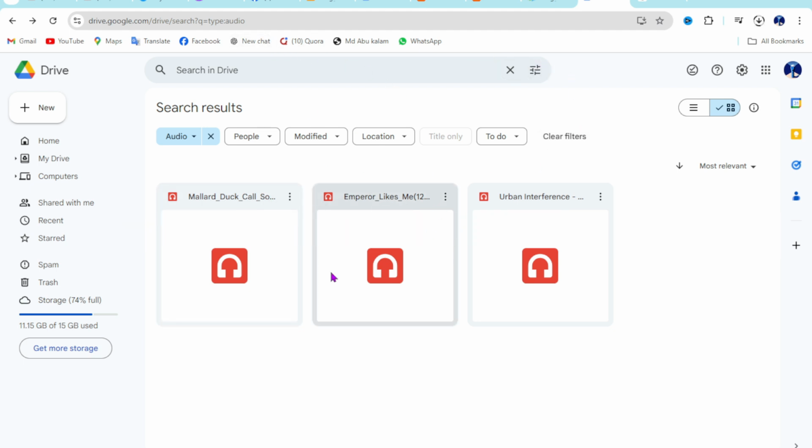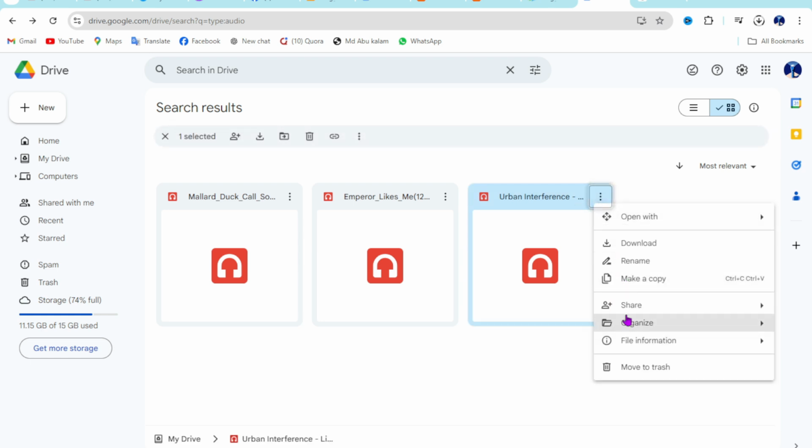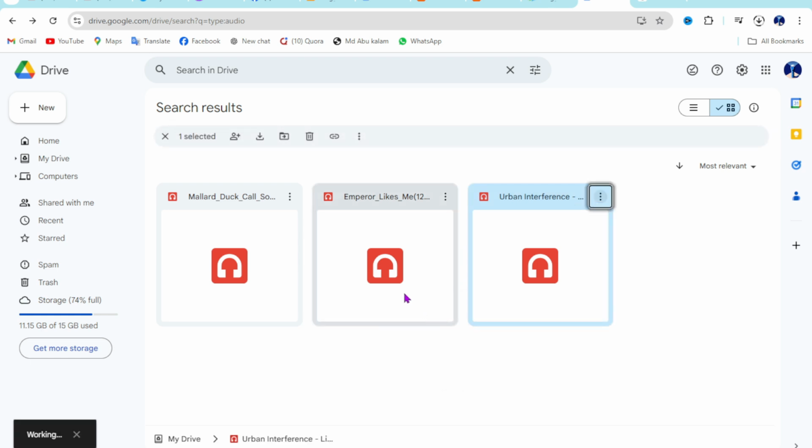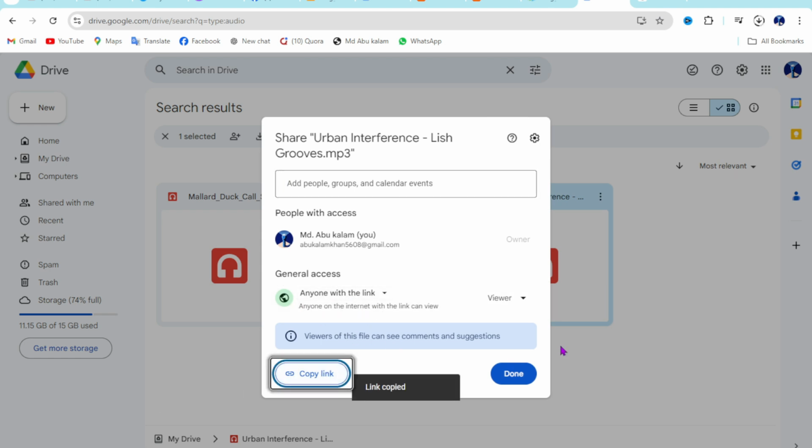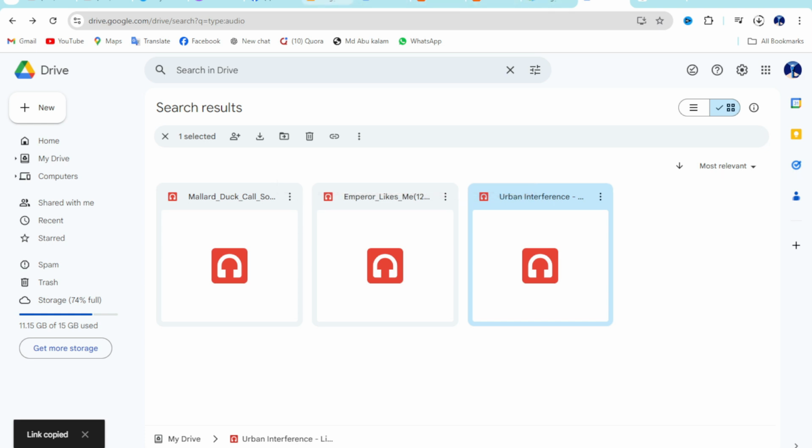So first of all, you need to upload audio on Google Drive. So I uploaded this audio. Now just click on this three-dot menu, then Share, then Copy link. Anyone with the link, then copy link, done. Then go to